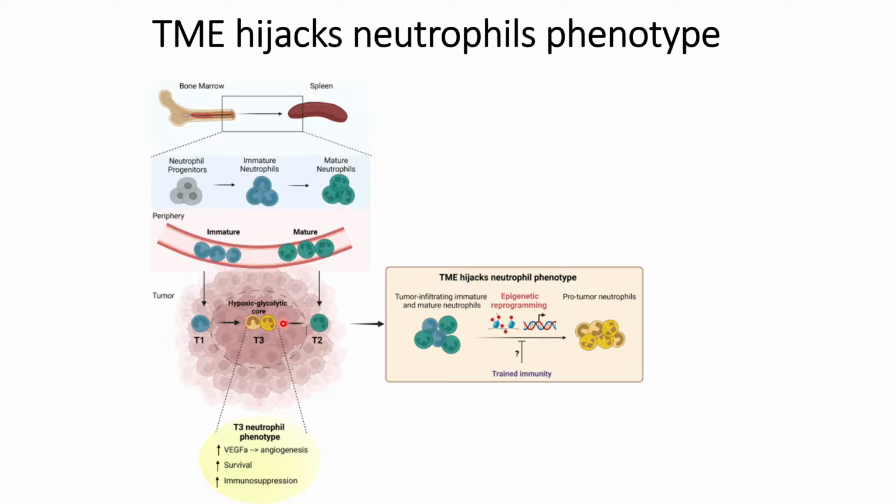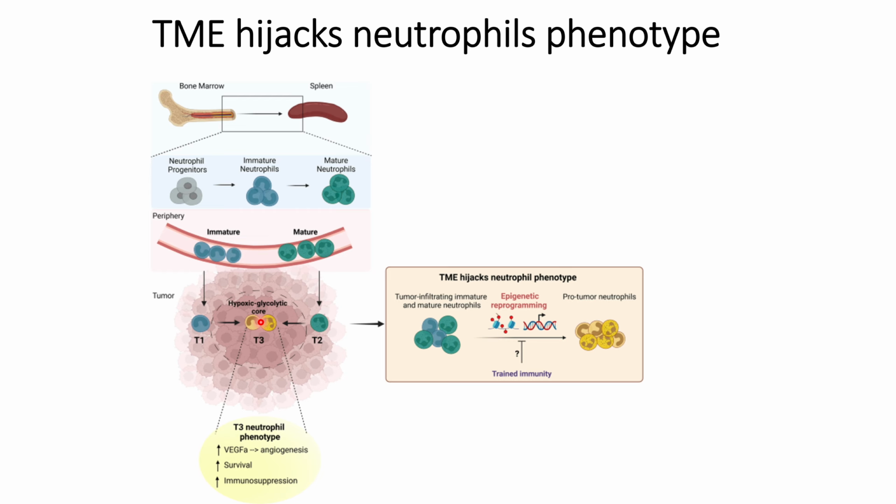In the T3 neutrophils, they found that pathways corresponding to hypoxic and glycolytic pathways are upregulated, and that helps them survive in those conditions of the tumor microenvironment, which are hypoxic and glycolytic. These T3 neutrophils are pro-angiogenic neutrophils, that is, they help the formation of angiogenesis. Angiogenesis thereby helps in the survival of the tumors by providing a pathway through which food supply can be maintained